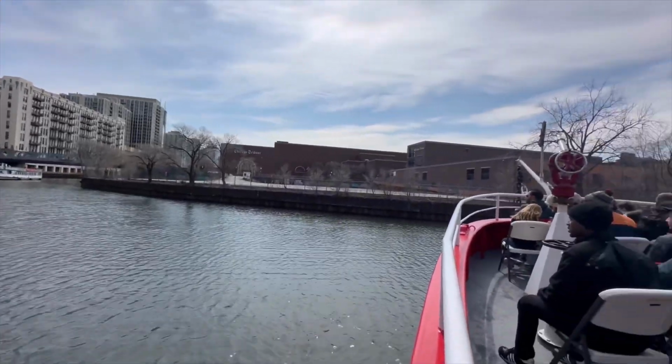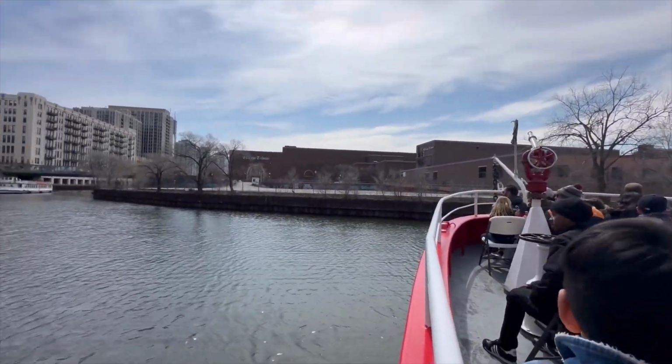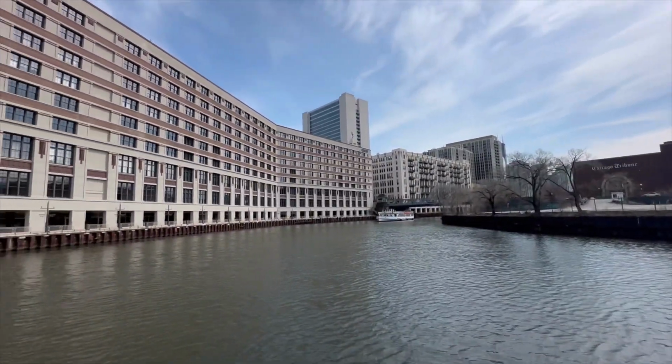And Goose Island, for a short time, because of all of its industry in the late 1800s,